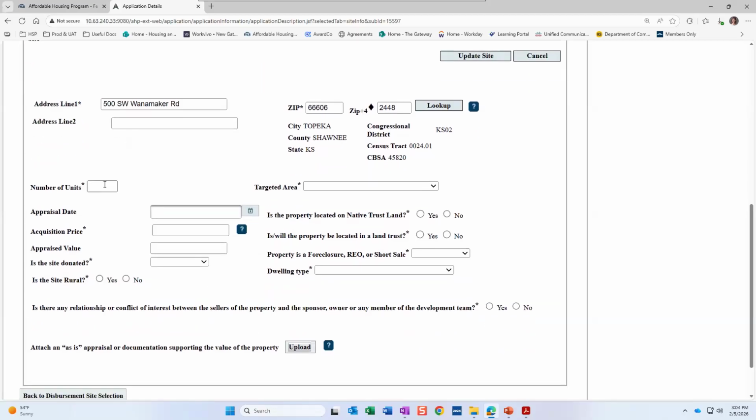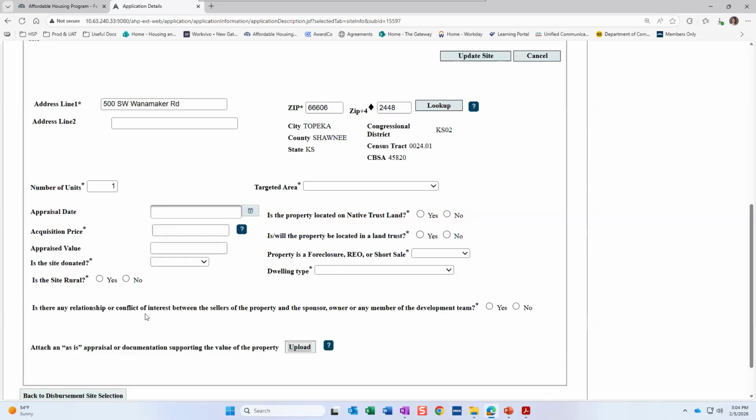Okay, information here at the bottom. We have the number of units. You are always going to be working with one home, so you will always enter 1. Then we come to information on the appraisal date and the appraised value. There's no asterisk next to us, so they are not required pieces of information. The only time you need an appraisal again is if the member bank owns the property and is selling it.